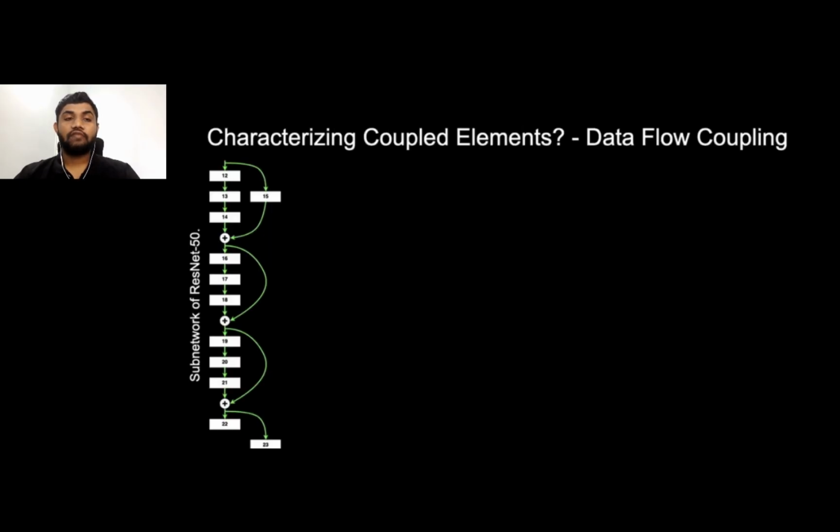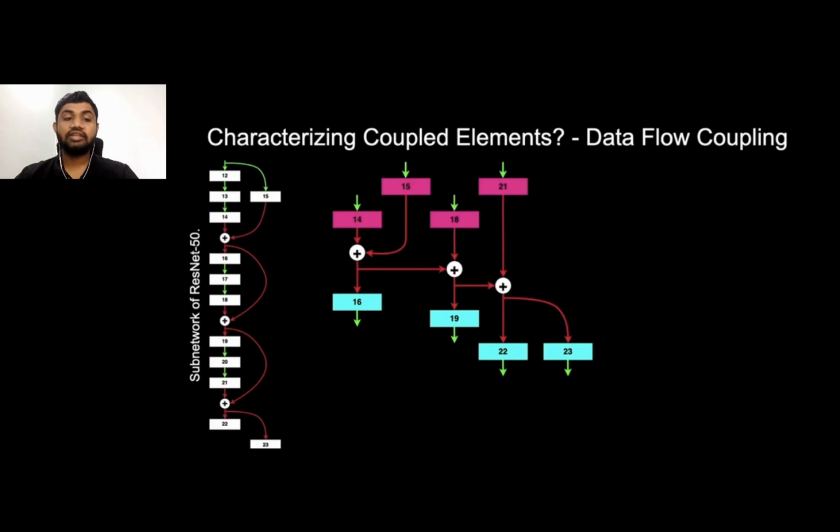Coupled elements of a network lack proper characterization. Towards this end, we introduce data flow couplings, or DFCs, to precisely capture the notion of coupling in a network. Consider a subnetwork of ResNet50 as shown on the left. If we want to prune the output of layer 14, we need to prune everything that is colored red. We neatly represent this instance of coupling by the diagram in the center, which is an instance of a DFC